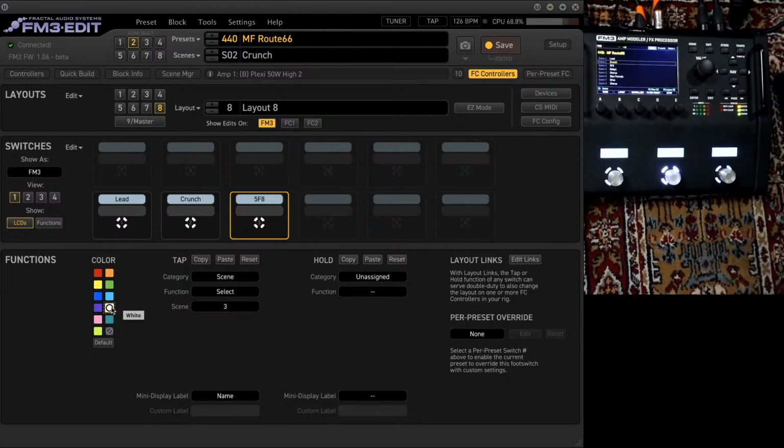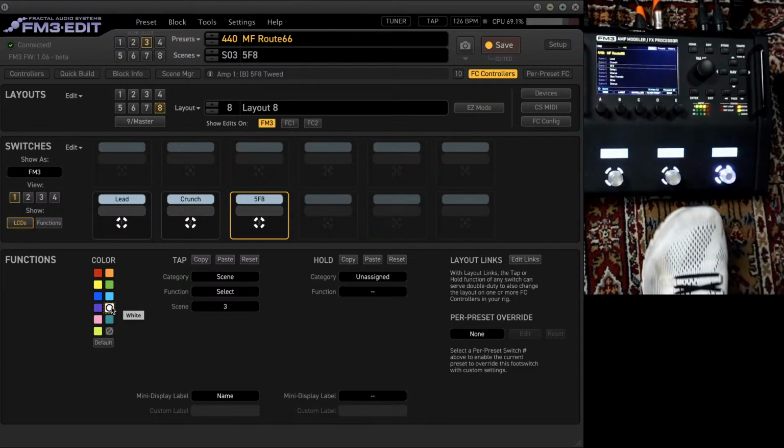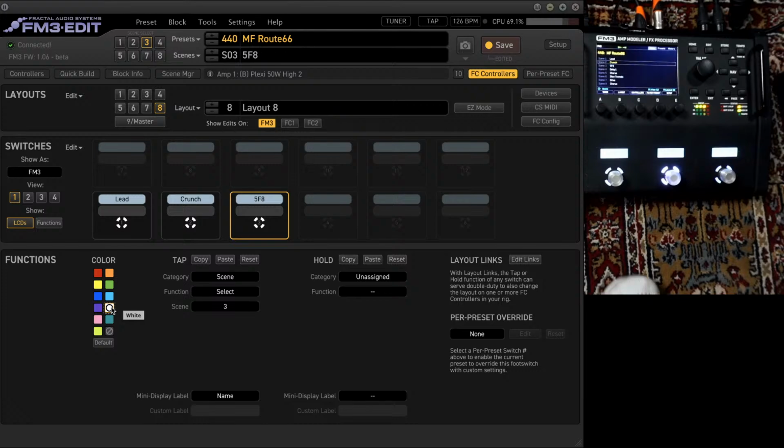I switch off the microphone. Okay, this is really easy and clear.